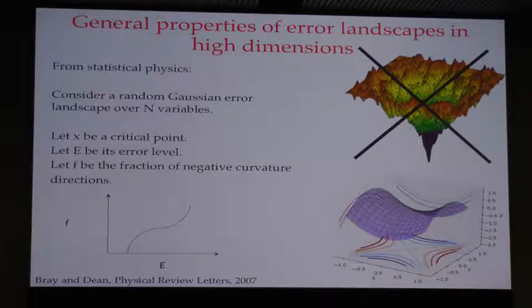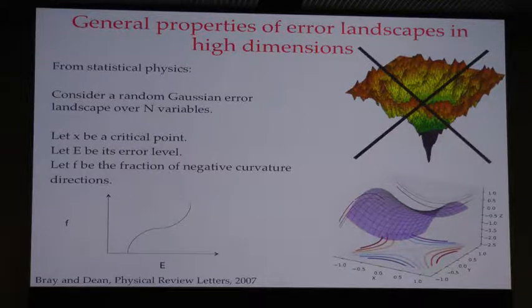Of course, computer scientists are not as used to the notion of universality, and they might say something like, no, the error landscapes over our deep networks are very, very special. They're very different. They have a lot of structure that is different from what you see in these Gaussian landscapes. And that may be true in many different ways, but it may be that if you ask the same question, you'll get the same answer because, again, of universality. So that was my physicist's expectation. And so we collaborated with Yoshua Bengio to test exactly this prediction.